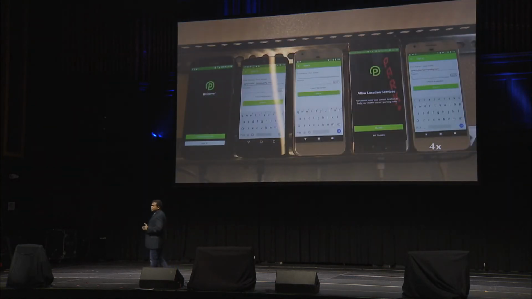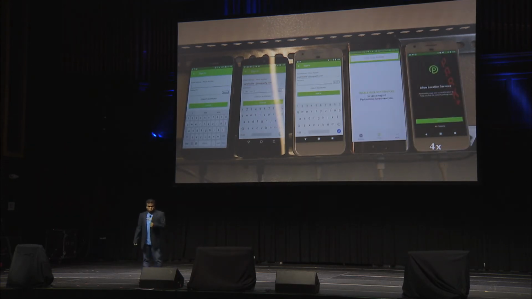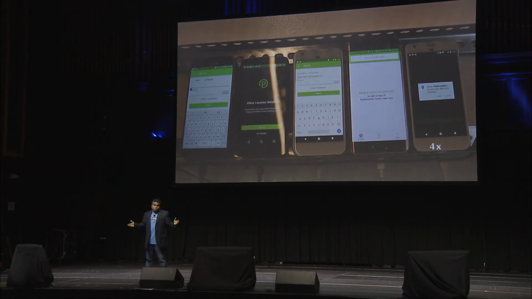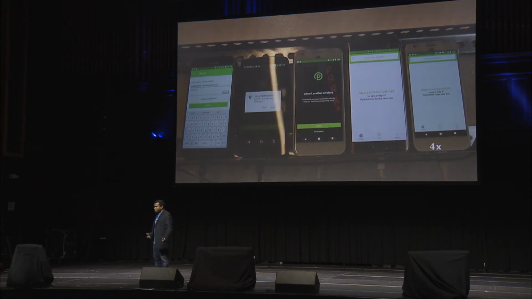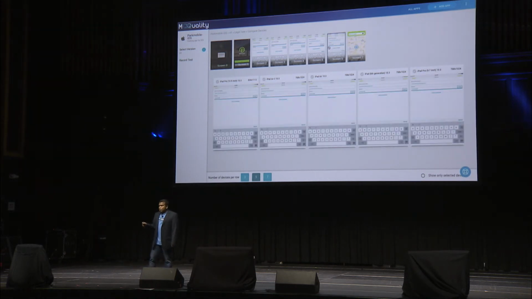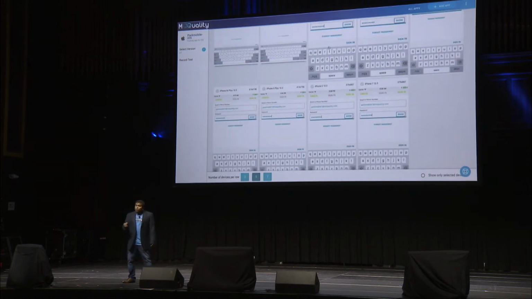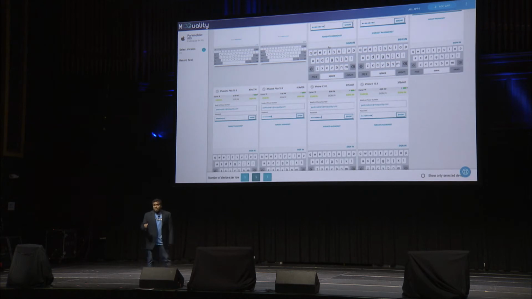Next, MoQuality repeats the tests on different devices. What you're seeing on the screen is the testing of the Park Mobile app, which you might already know, because you use it for parking at the Tabernacle here tonight, right? This is the cross-device report for Park Mobile. And now Park Mobile does not need to rely on humans to repeat an arduous testing script, but has the confidence that MoQuality will get the work done quickly and accurately.